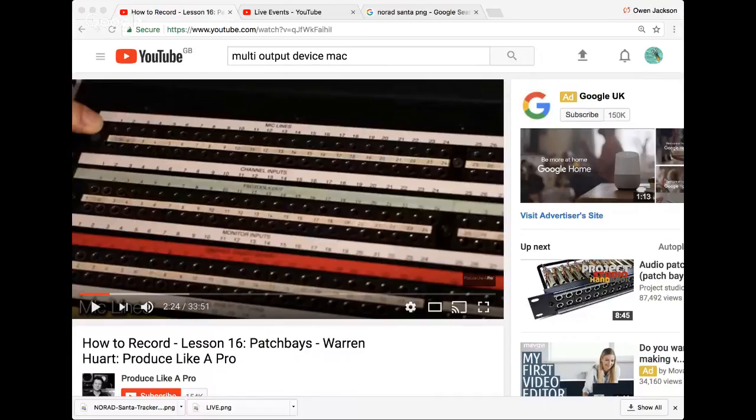Remember that you can pause between each of these steps. I'm going to try to make them short and sweet. Step 1, download and install Voicemeeter Banana. Step 2, download and install